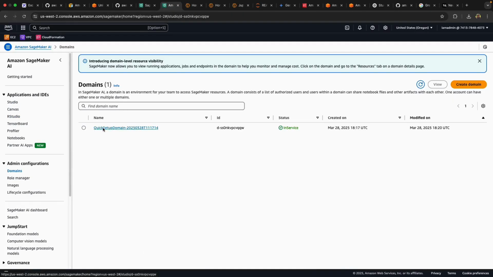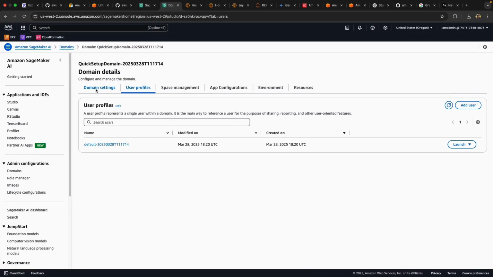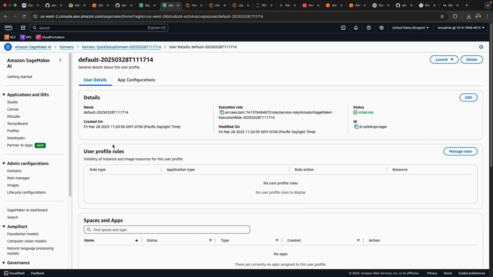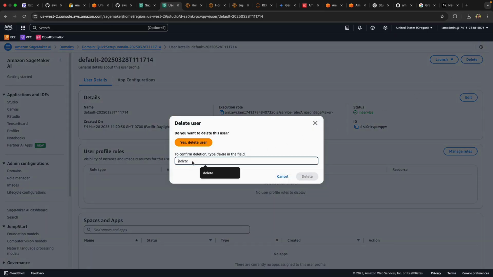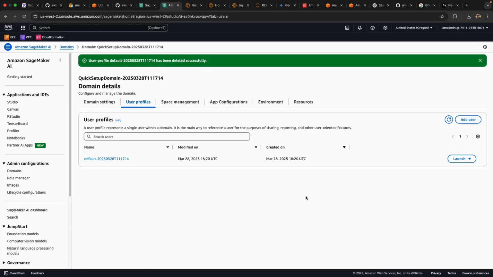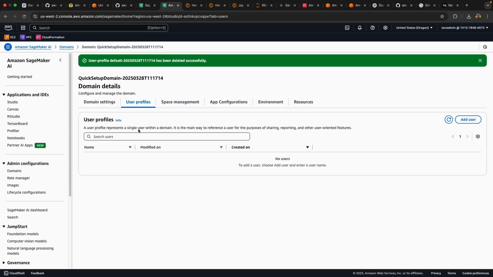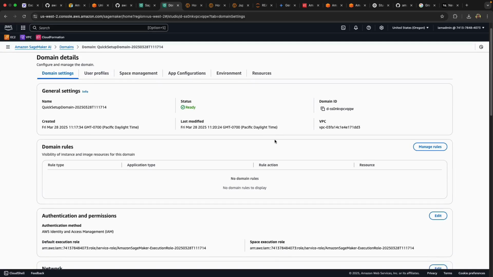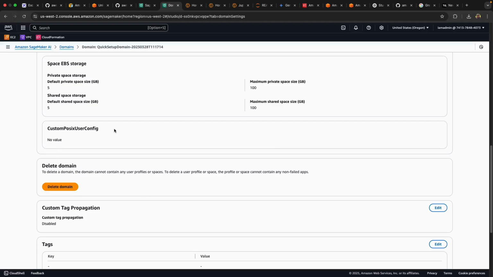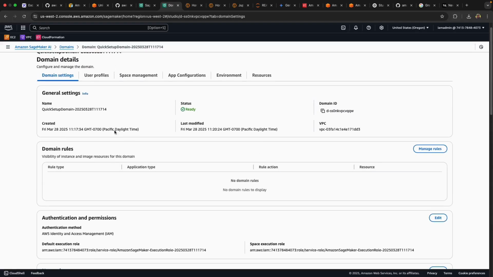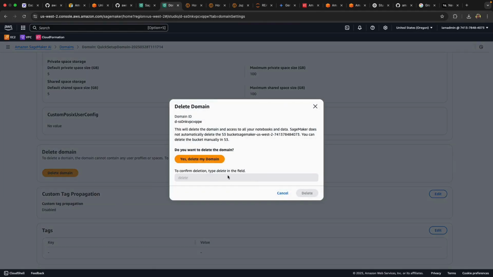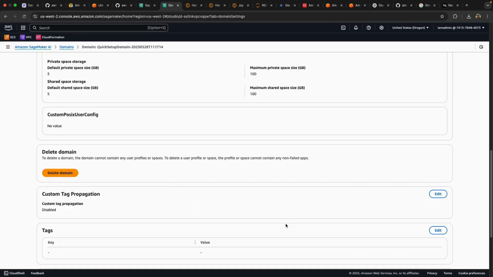Now let's go to the user profile and delete it. Go under domains and click on domains. Go to the user profile tab. Click on this user. Delete. Yes, delete user. Now that the user is deleted, you can go and delete the domain. So just go down to the settings page, scroll down, you'll see delete domain, delete, yes, delete domain.